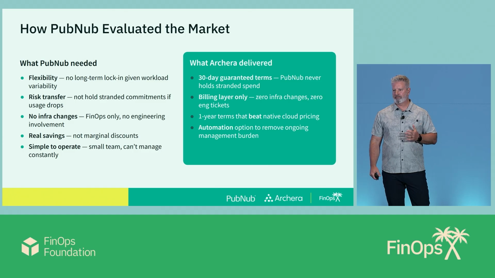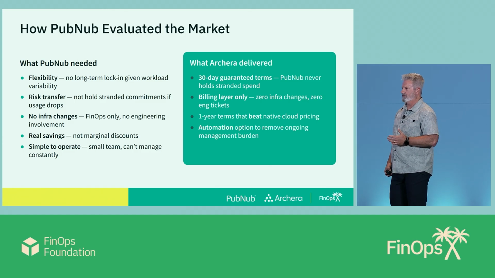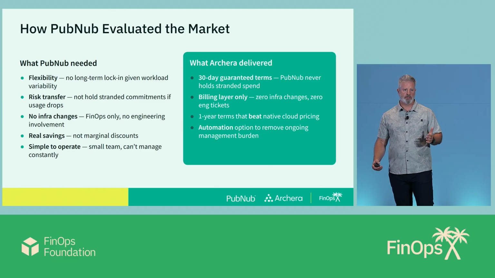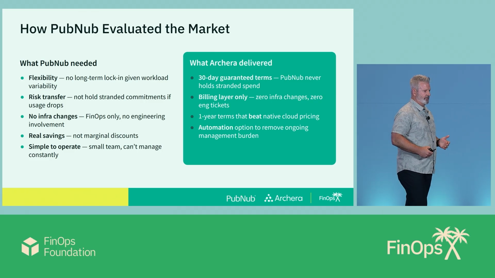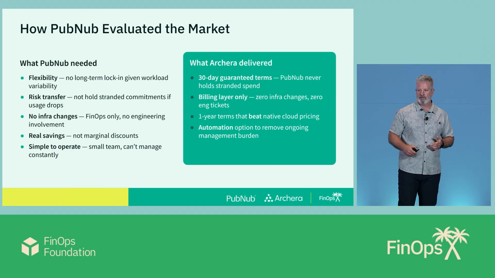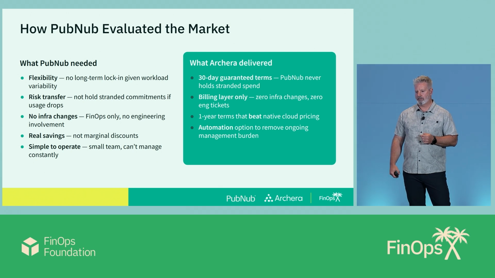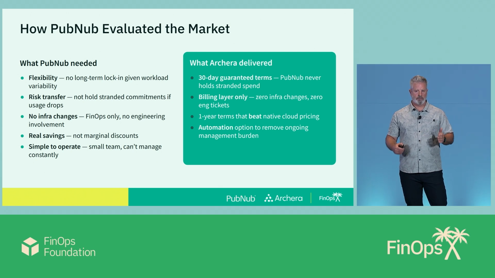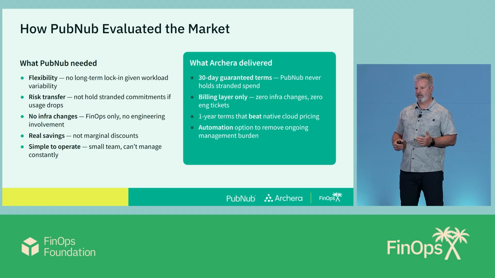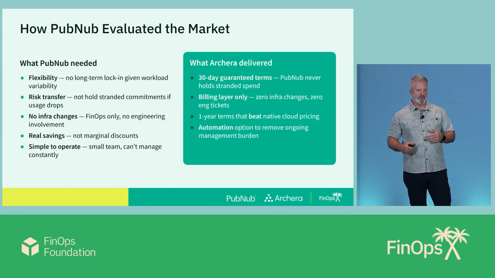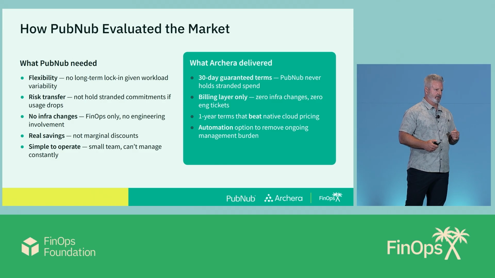So we needed 5 different things we were really going to market looking for. Number one is flexibility. We could not be restricted to these 1 to 3 year commitments that are often available on the major cloud providers. It was just too long. Our development cycles are fast, our customers change daily, events happen. We needed that flexibility to be able to do something shorter.